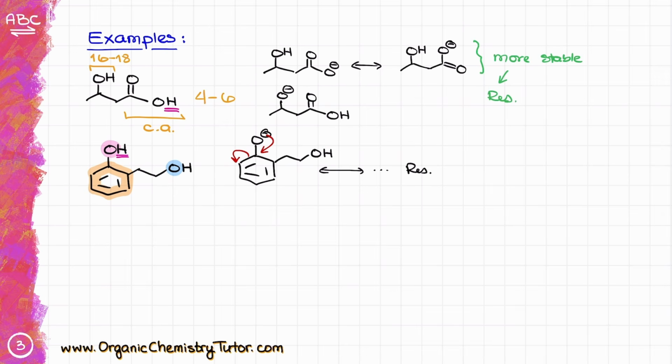However, I do challenge you to grab a piece of paper and draw all the resonance structures there. You should end up with additional 3 resonance structures. So I'll put in parentheses that we have 3 resonance structures here, and all of them are going to be minor structures over here, because in all of those cases the negative charge is going to end up on the carbon instead of oxygen, and we're also going to disrupt the aromatic ring, which is going to decrease the overall